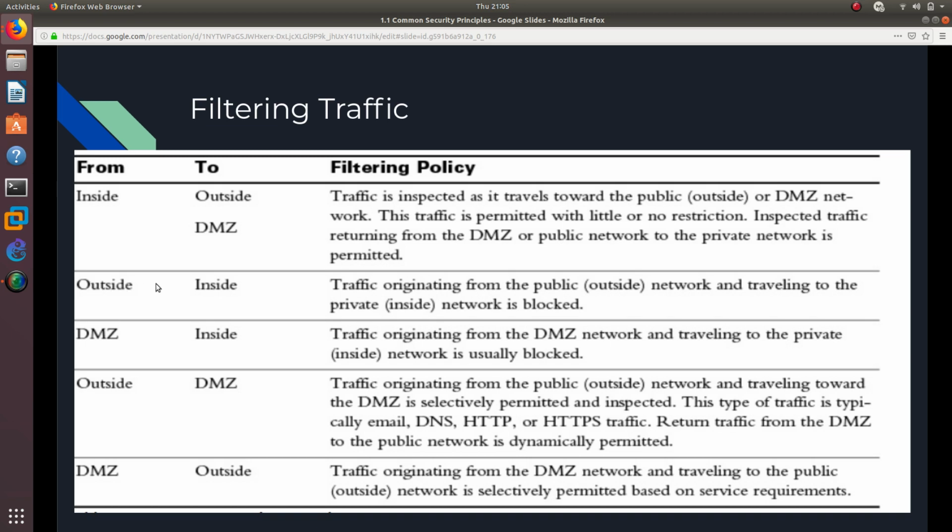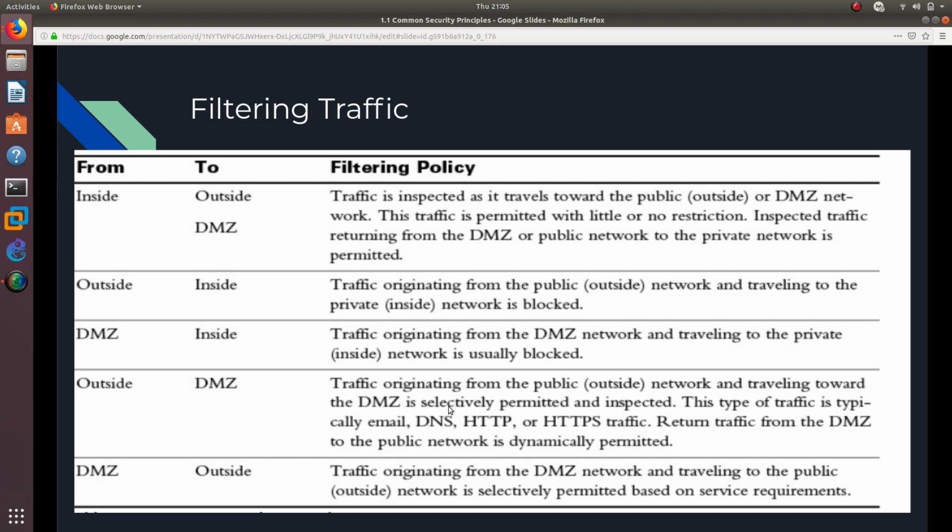Okay, and then going from outside to inside, this traffic that is coming from the public or the outside network and traveling to the private inside network is blocked. And then DMZ to inside, traffic coming from the DMZ network traveling to the private inside network is usually blocked. Outside going to the DMZ, traffic originating from the public, which is the outside network, and traveling towards